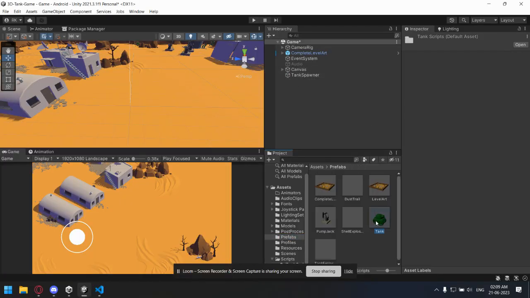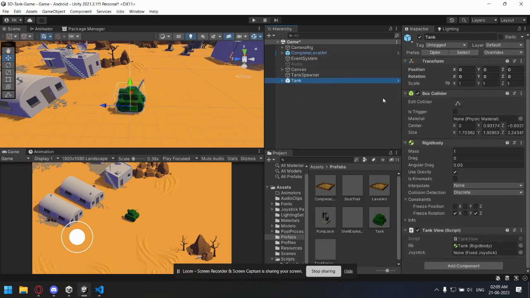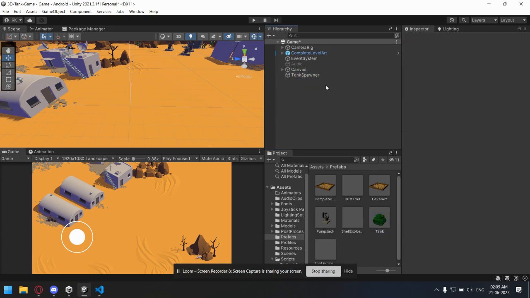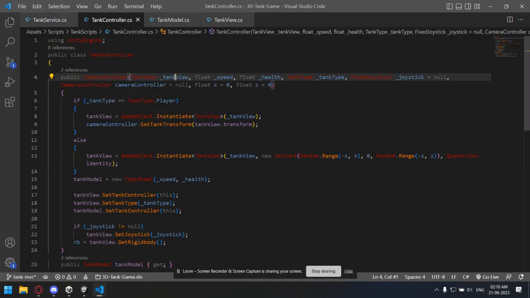So prefabs, okay. This is the tank prefab, and this is the same as what I had last time. It has a rigid body, it has a box collider, and I have frozen the rotation in the X and Z axis. And this thing has the tank view script. Because it has the tank view script, I can pass it into the tank prefab, right? And yeah, cool. So that's the tank prefab, and with that tank prefab that I passed here, I can instantiate